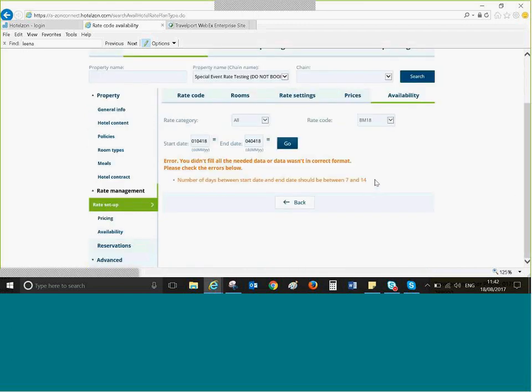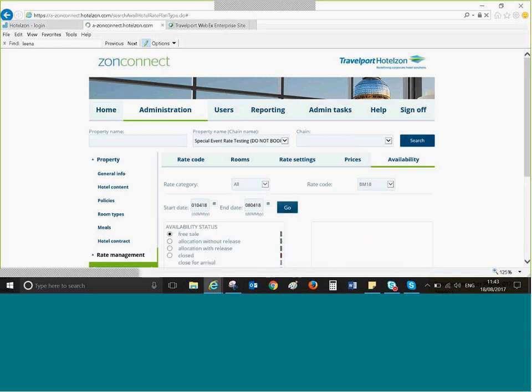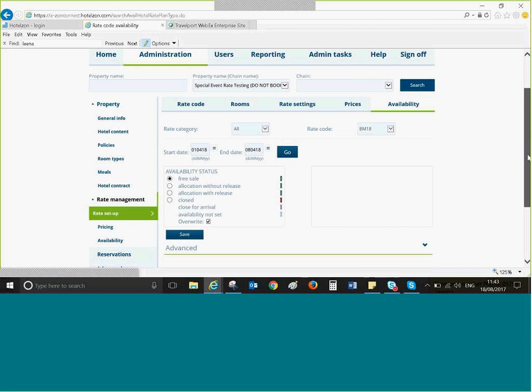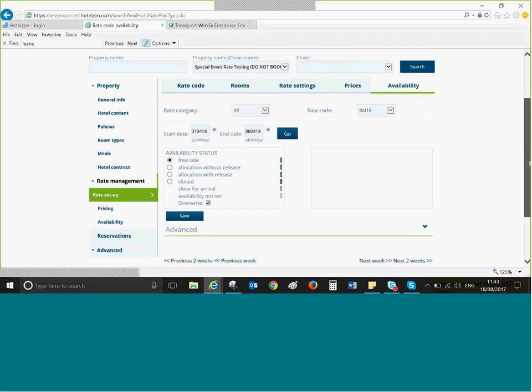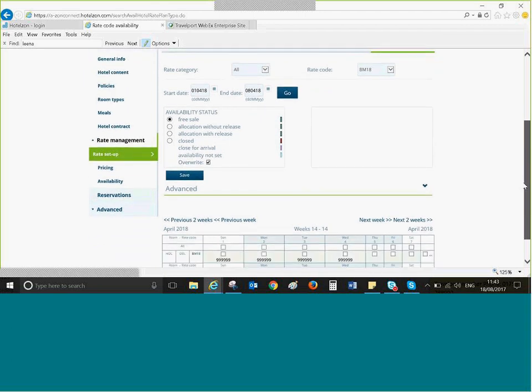I intentionally did this so you know that the system only lets you pull between 7 to 14 days. So just adjust the time frame, and then click go, because we're basically instructing the system to pull up those dates. We're not instructing it to do any changes yet. So, okay. For event links,